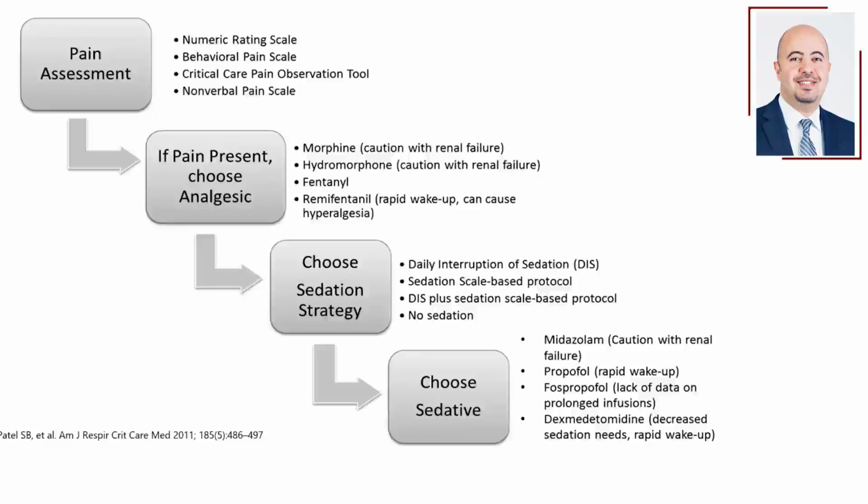زي ما حكينا, you should start with pain assessment first, whether self-reporting or based on the scales, and if pain is present, treat it with analgesia. That should be the first thing to do. After that, you decide if you need sedation and then decide which sedation you will choose. بعض المرضى, they might be good just with analgesia. Not every patient in the ICU needs sedation. They might do okay just with analgesia. Not everyone, of course, but some patients. So start with pain assessment and management initially.